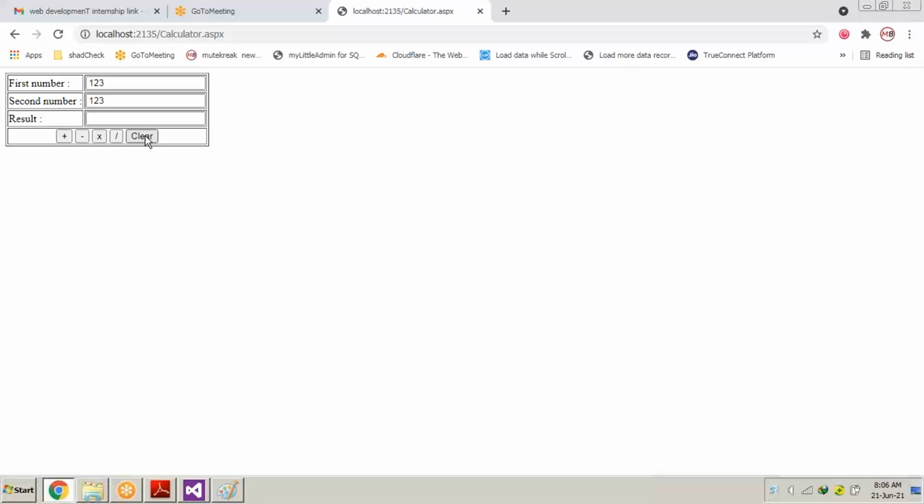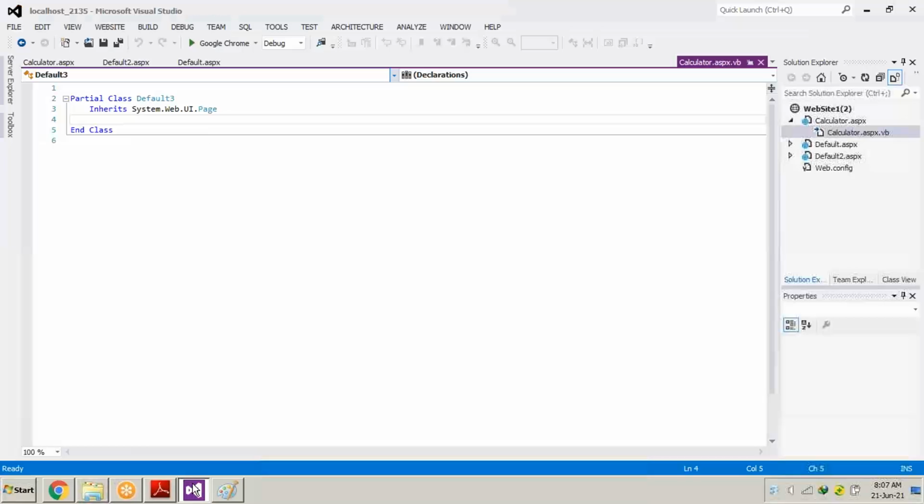And what will be the reaction? The reaction will be what? All the text boxes will be clear. This will be the reaction of the action. So what is click? Click is the event. What is the definition of an event? It is the reaction of any action by the user. Means I am the user, I am pressing the button upon the system. What is the system? The system is a software. It's called an event.